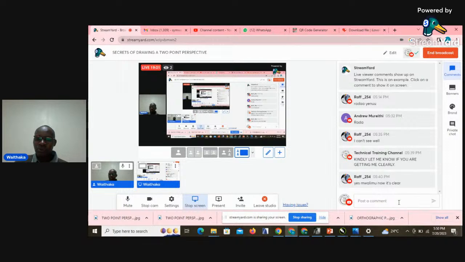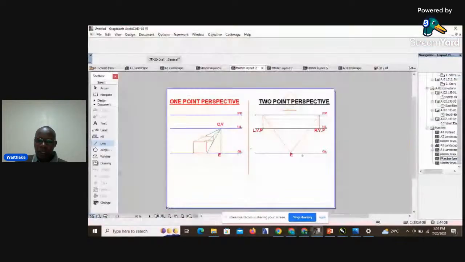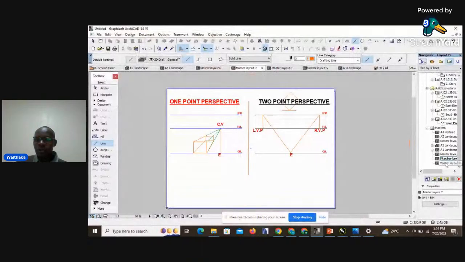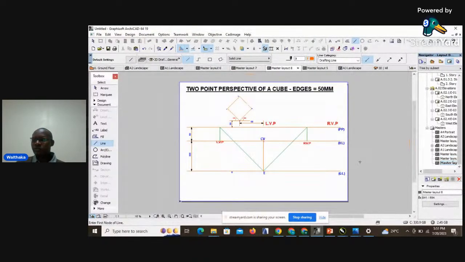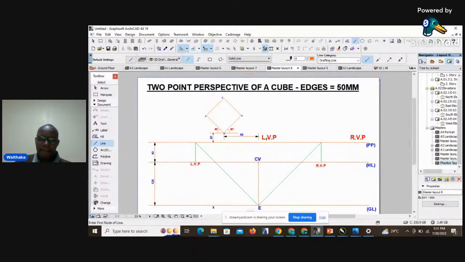So let us now proceed and see how we can generate a perspective of a cube, a two-point perspective of a cube. So this is the organization of a cube. Or a question would be, or given a drawing of this nature, and then you are